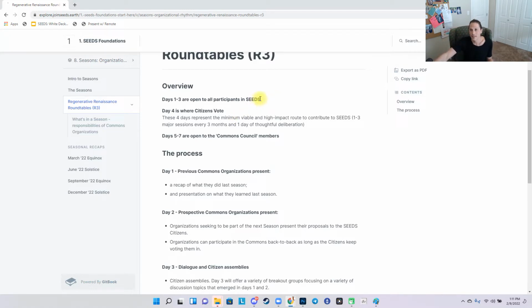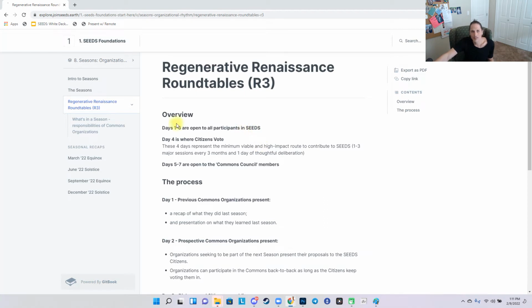So instead of asking citizens to be always on, voting on proposals every single month, there's a ton of videos, and I know I'm part of doing that, for people to try to watch, and it feels overwhelming. So with the roundtable, we're saying there's actually 3 days every year where if you show up and attend those sessions, you're going to get 80%, or at least that's the goal, of what's going on in Seeds, where we're headed, what we're doing, and for you to actively participate in steering this ecosystem. And then you spend 1 day voting.